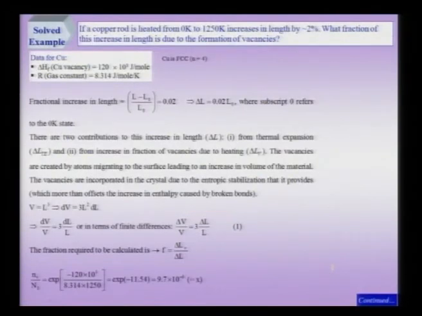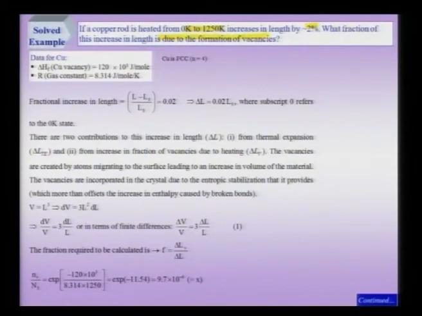We will solve another example wherein I had mentioned that if I had a material and I heated it, there are 2 reasons why it expands. One of the reasons is the normal thermal vibration, the other one is the creation of vacancies, wherein atoms go and sit on the surface, and therefore the material increases in volume and also in length. So, I am asking: if I am heating a rod of copper from 0 Kelvin to about 1250 Kelvin, and the length increases about 2%, I want to know the fraction of this length increase which is coming from